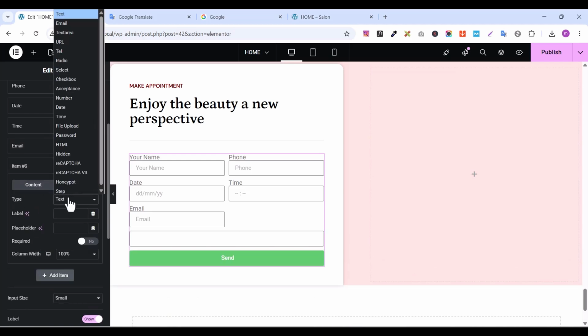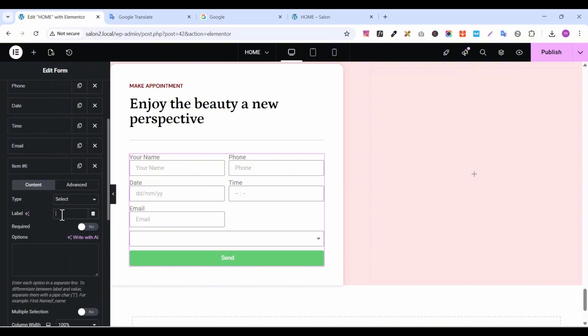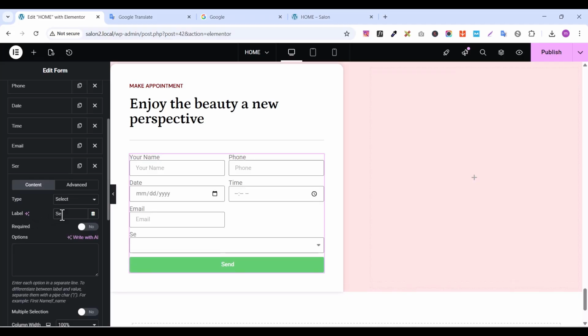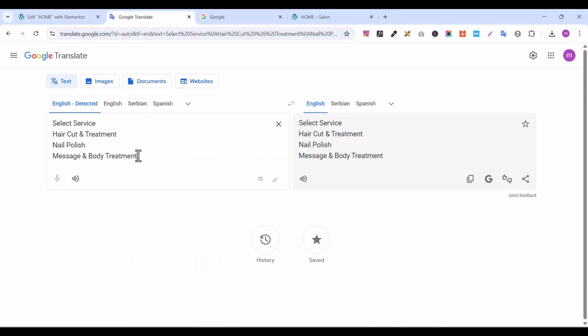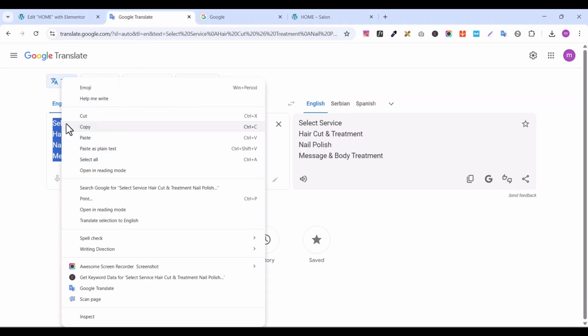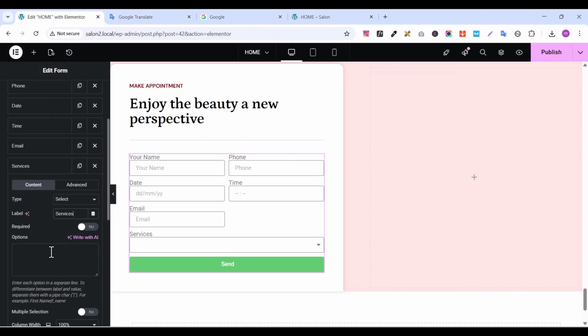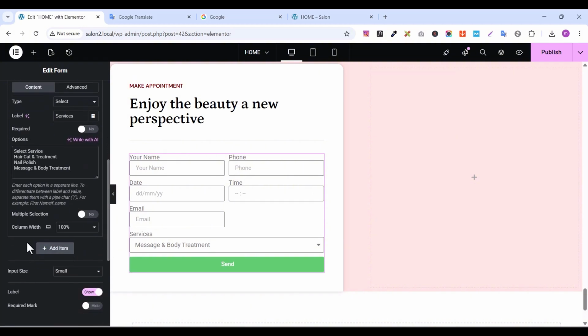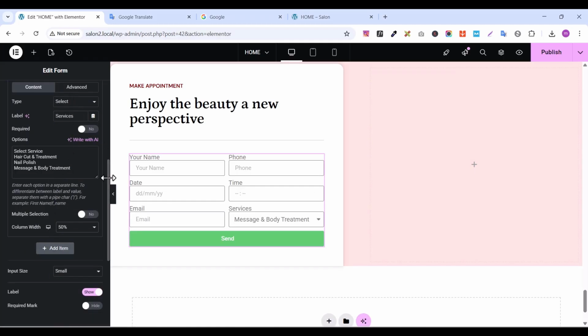On the type is going to be text. Okay. Now it's not going to be, let's change it. It's going to be select. On the label, let's add services. It's going to be services. So let's go back here and let's copy this text, back to our working environment and paste it here, okay, like this. And let's change the column weight to 50, and let's add another one,